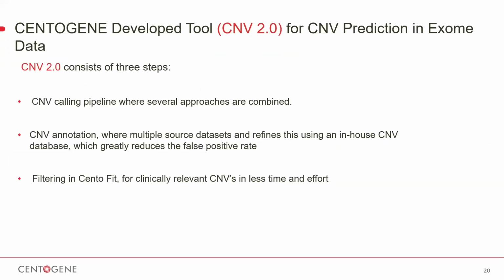So what is our experience in CentoGene? Regarding copy number variants specifically, we have developed our own tools, and we have two different platforms: one for the analysis of the sequencing, which is the CNV tool, and the other for the annotations, which is CentoFit and the annotate structural variants. The first one, the CNV tool, consists of combined approaches, using multiple tools in our pipelines, and this helps us reach sensitivity up to 95% and differentiate between false positive and true calls of copy number variants.